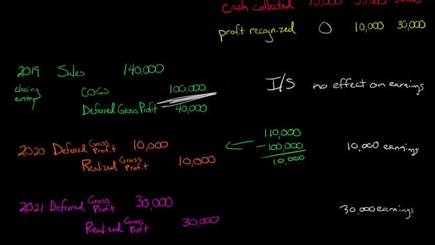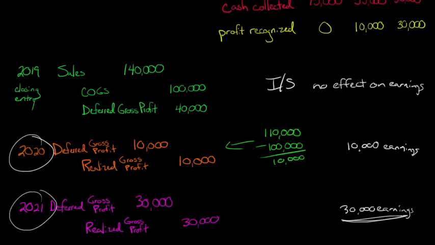We want to make sure we get that cash to cover our cost of goods sold before we recognize any profit. We've covered it in 2020, so we recognize $10,000 in earnings then, and then in 2021 we recognize the additional $30,000 in earnings. So instead of having $40,000 of profit recognized here, we have zero profit recognized here, $10,000 here, and $30,000